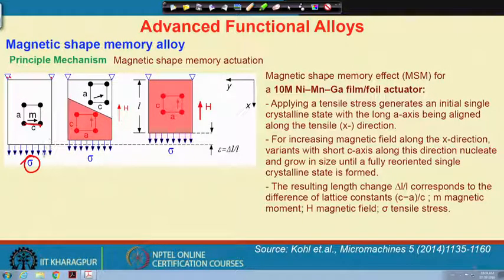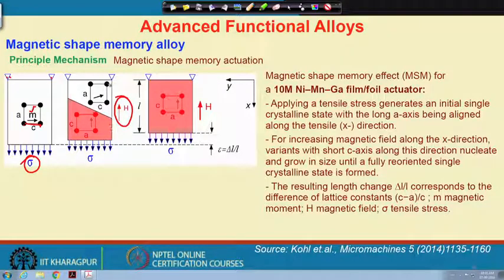So, we have a tensile stress that is acting on the body, and if now we apply a magnetic field, then due to the application of the magnetic field, the martensite basically transforms into austenite. Okay. So, the red color here is the austenite,